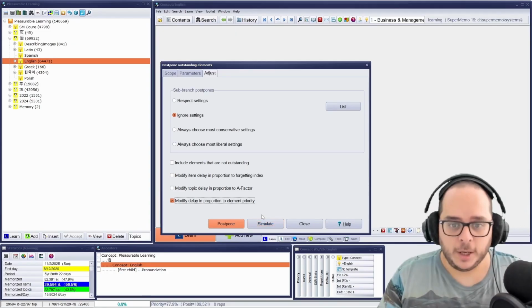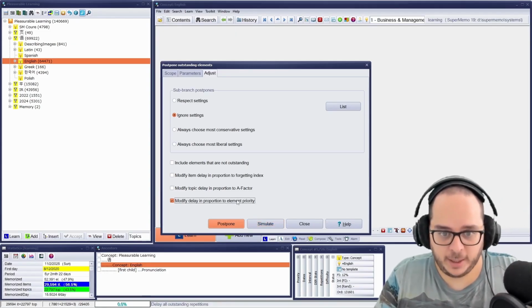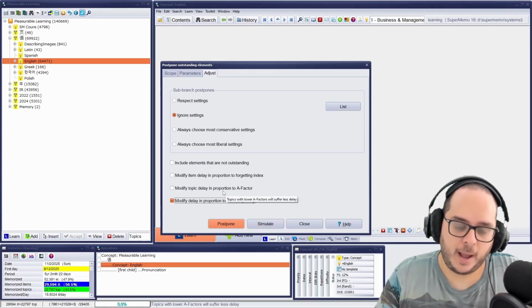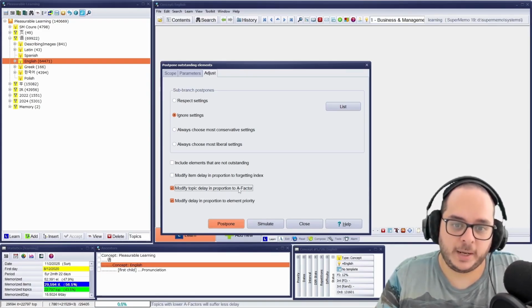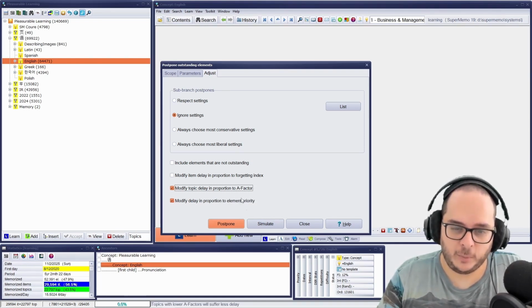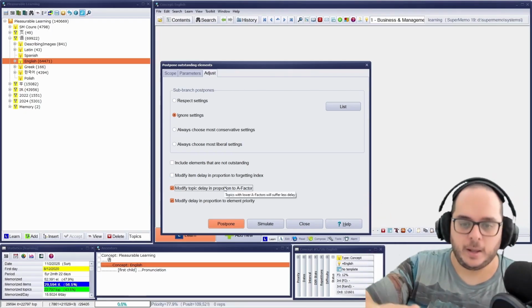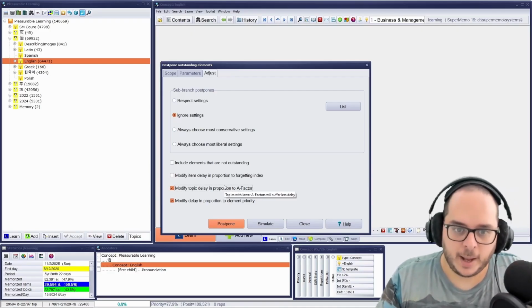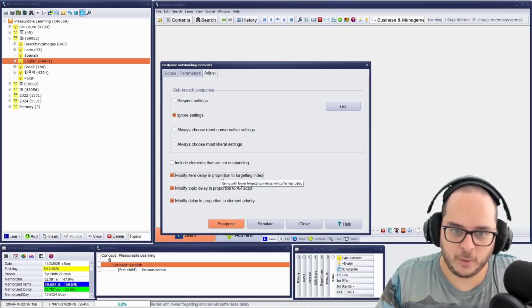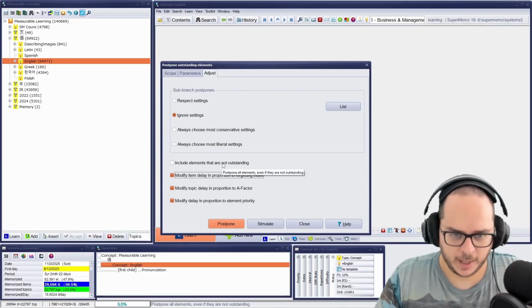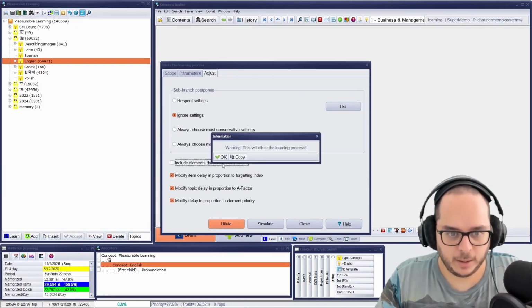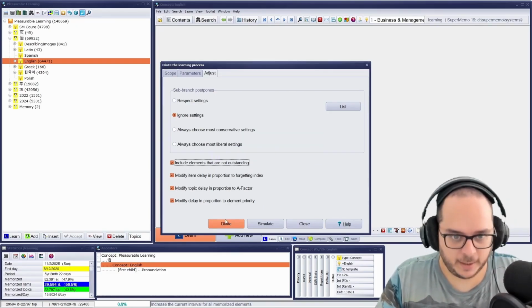And that's not all. You can say I want the priority, and at the same time, for topics, I consider the A factor. That will distinguish topics of high A factor and high priority, which is unusual but could happen. And even if it's not a dramatic difference, there will be some difference. This is kept. And the same for items. I can do everything. And if I want to include the non-outstanding, I can do that at the same time.